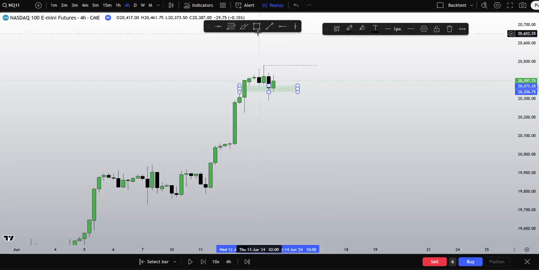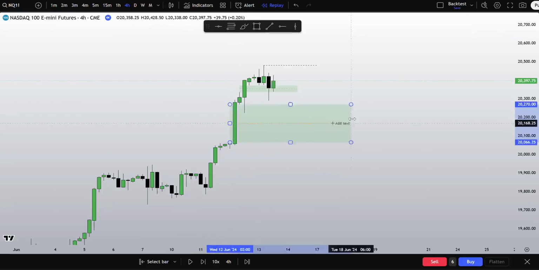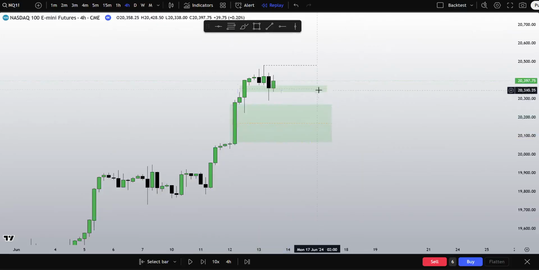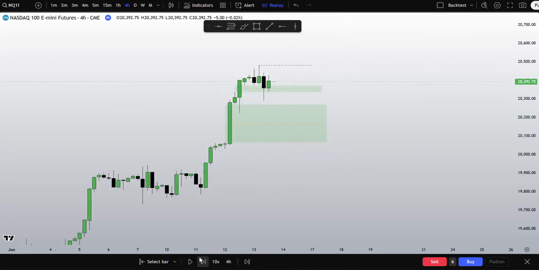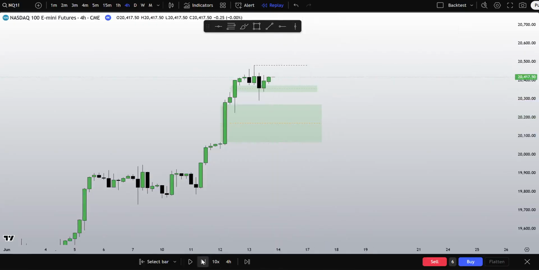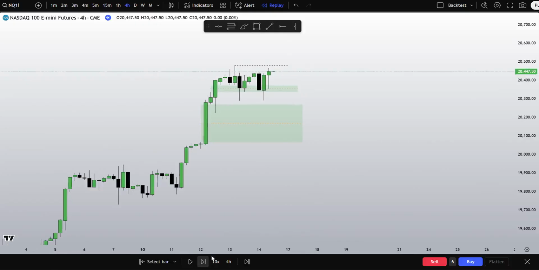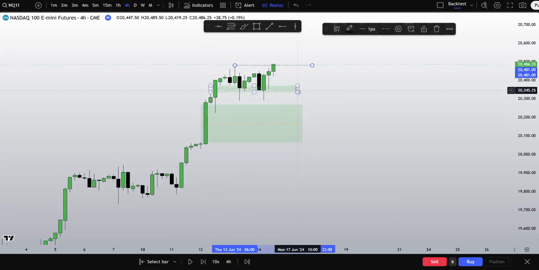So my eyes would be here. Should we disrespect this PD array, then I want to see us head lower. So from 336 to 270. If we disrespect this, 270 are my eyes. If we respect it like this, as it appears to be, then I would want to see us take this high once more, which is appearing what is going to happen. Still respecting this PD array, I want to see the high get tapped into. High gets tapped into. See?